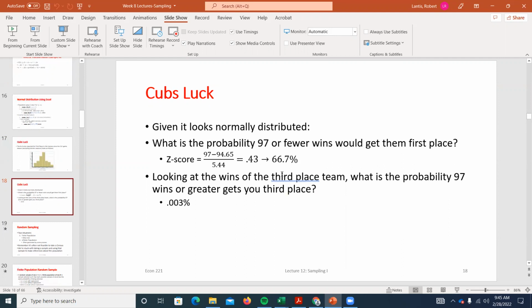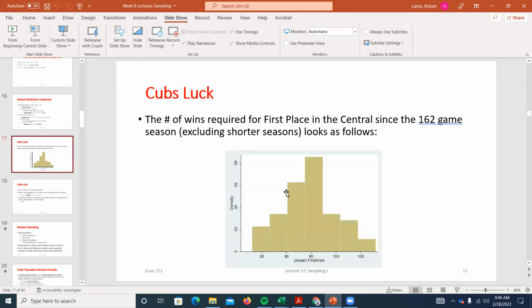So very unlikely. And this is just some weird random scenario, some dumb sports scenario where I was interested in finding how likely or unlikely this was to occur. If the variable just happens to look normally distributed, you can apply that normal distribution to it, use that norm.dist function like we did today with temperature, and find the probability of being above or below